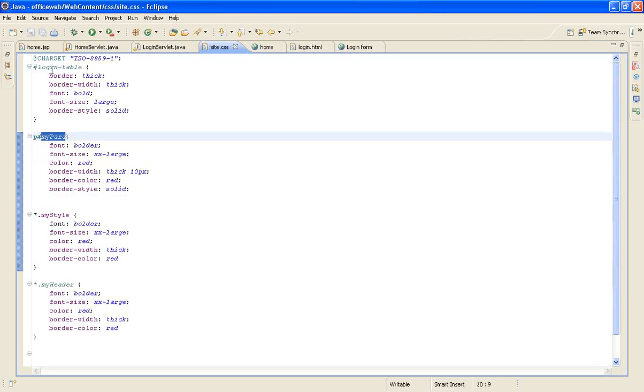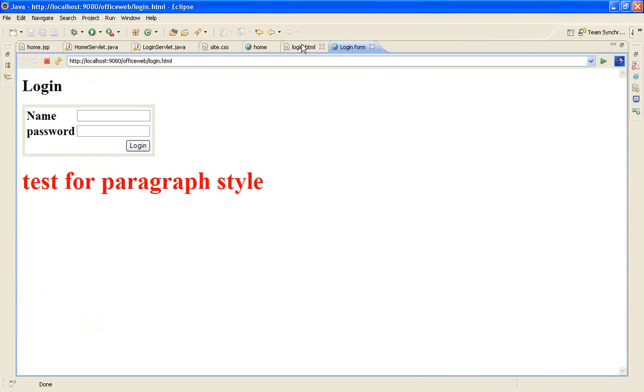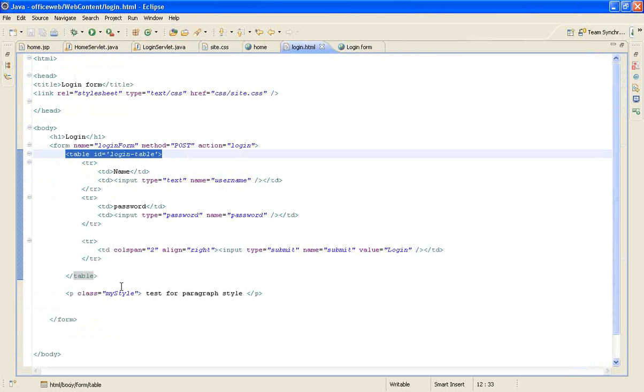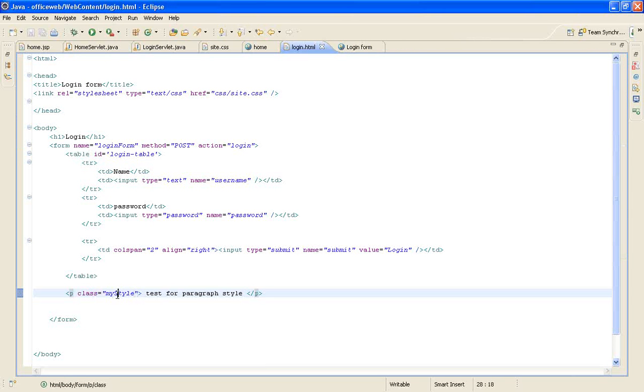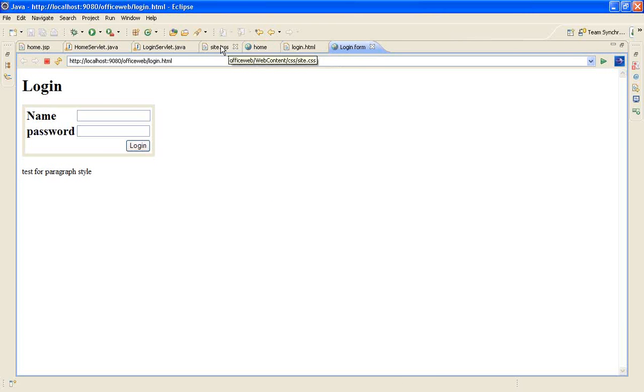Now, any element having that particular name, I would say that is a P text style, even if it is for a paragraph.